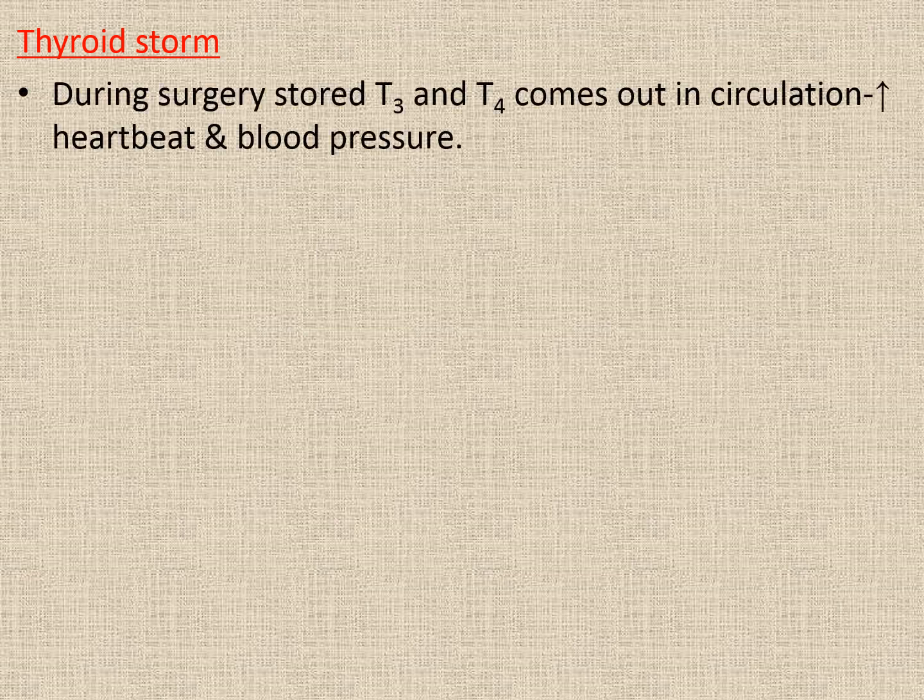Certain terminologies related to thyroid hormone. First of all is the thyroid storm. What happens during the surgery of hyperthyroidism, right? During surgery of a tumor of the thyroid gland, stored thyroid hormone comes out from the thyroid gland into the circulation and increases the heart rate and blood pressure. So that is known as thyroid storm,